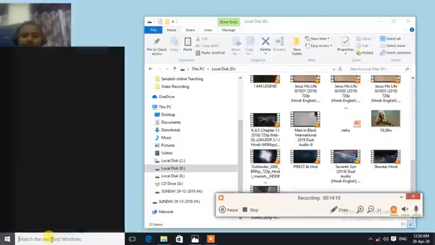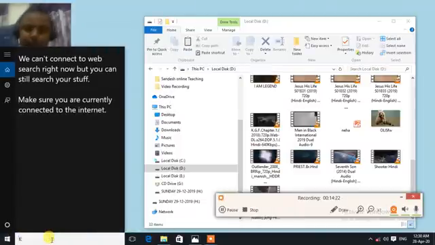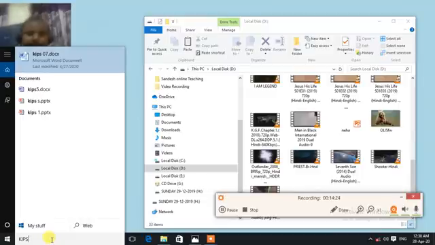Here in search, suppose I type KIPS and asterisk. As you see, all the files related to KIPS are shown here. If I type KIPS asterisk .docx, then it will show me only the document files. If I use .pptx, it will show me the PowerPoint files, because I am giving the extension.